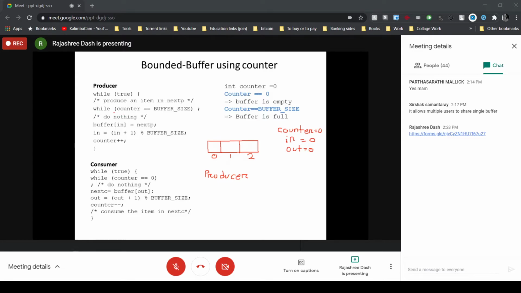Now it checks the condition while counter equal to buffer size. Counter value is now 0, buffer size is 3.